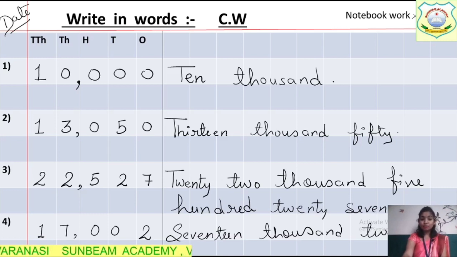कैसे करना है समझ में आया? And remember that this heading should be like this. जैसे मैंने कॉलम बनाए हैं 1s, 10s, 100s, 1000s, 10,000s, you have to make in your copy. Here will be one line जैसे मैंने ड्रॉ किया है. With the help of pencil, color and scale you have to draw that and then you will write.